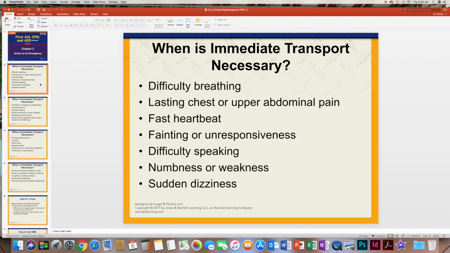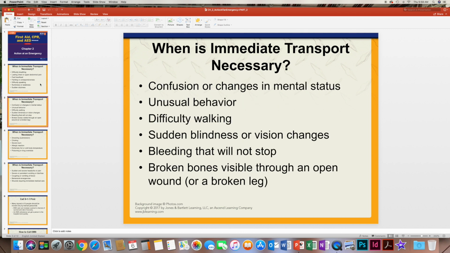If a patient has difficulty breathing, chest pain or abdominal pain, very rapid heartbeat, feels faint or is unresponsive, has difficulty speaking, numbness, weakness, dizziness, confusion, or changes in mental status, any type of unusual behavior, such as difficulty walking, or if they have sudden blindness or vision changes, bleeding that's profuse and won't stop, any type of compound fracture where broken bones are visible through the open wound,